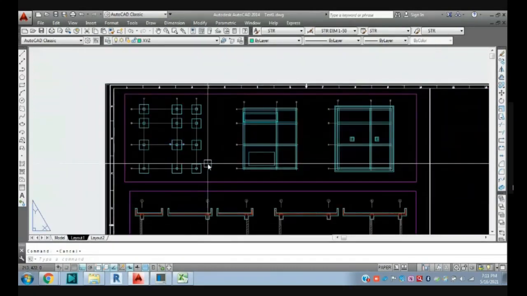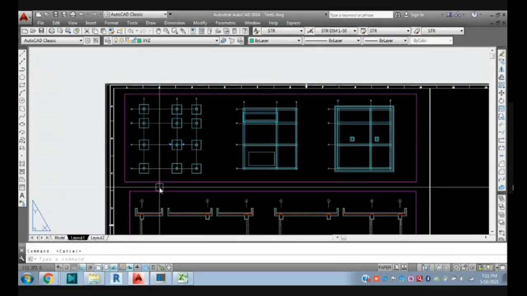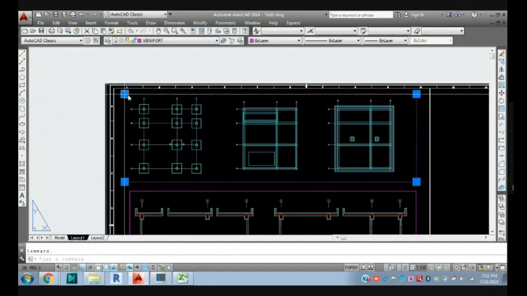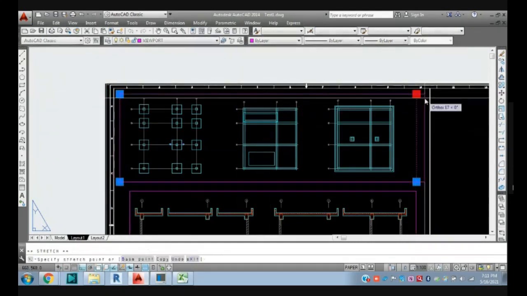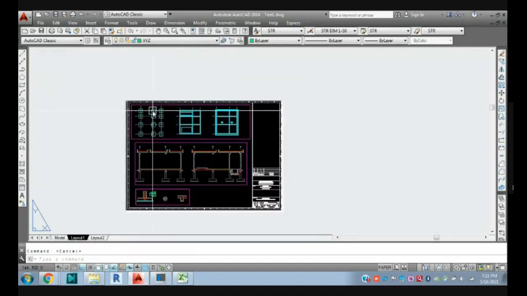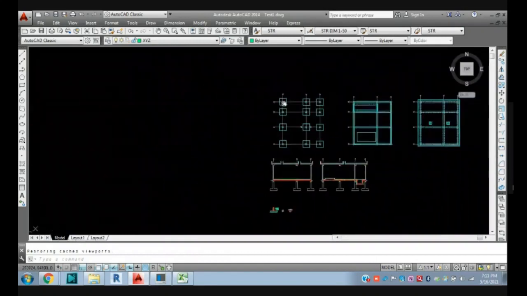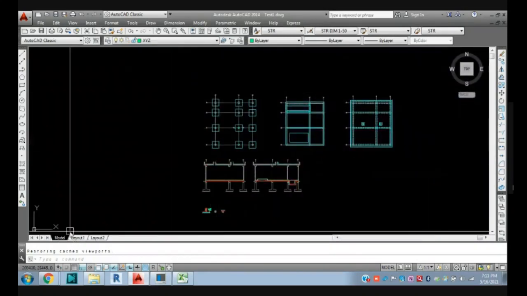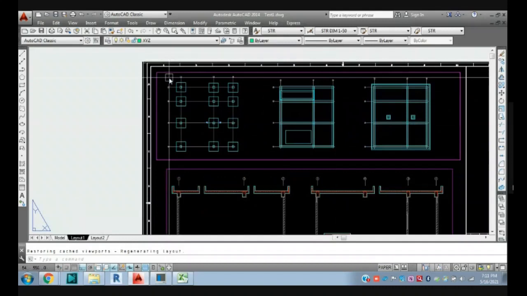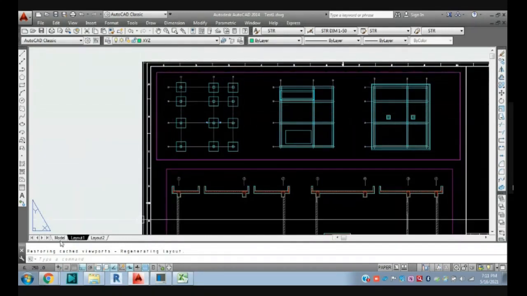I will let you know the function of the change space command. Suppose this is your viewport frame, and you can see all the plans we have set here. We haven't created any block here, just a boundary for reference. If you want to set this block inside the model space, I will show you.